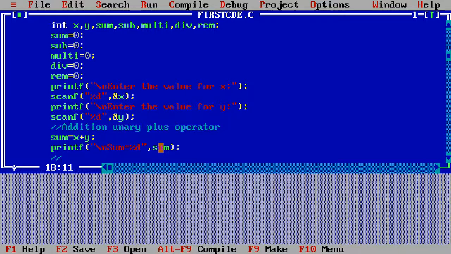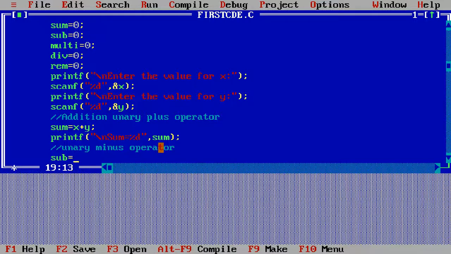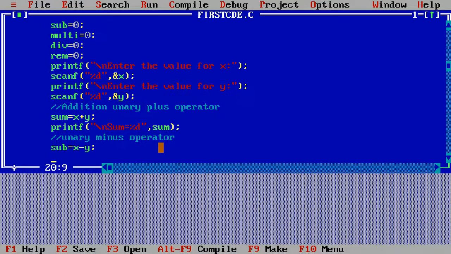After that I write unary minus operator and then press enter. sub equal x minus y, and printf \n sub equal %d comma sub, and I capitalize it. Okay, and in this line I simply subtract the value of y from x and store it in sub, and print the value of sub, and then